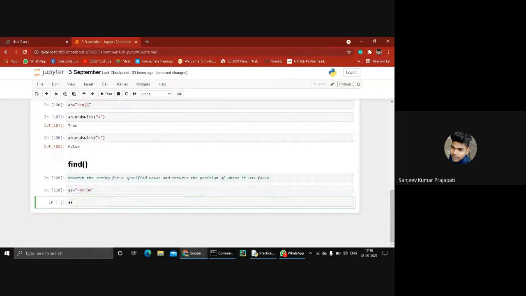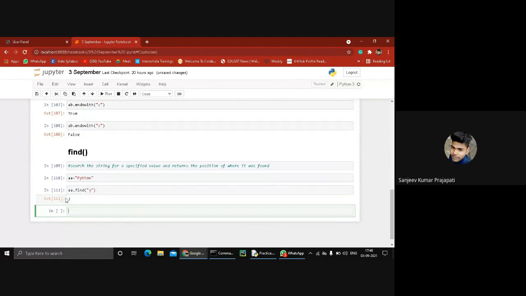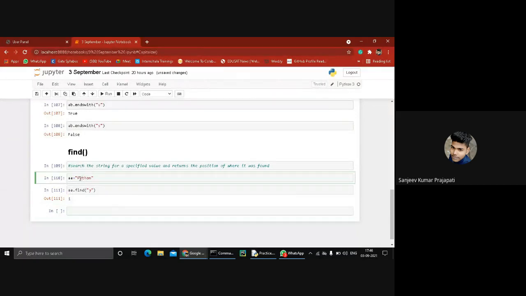We apply the find function and type y. It returns the index of the particular character. Python's y is available in the second position, which means first index, so 0, 1.